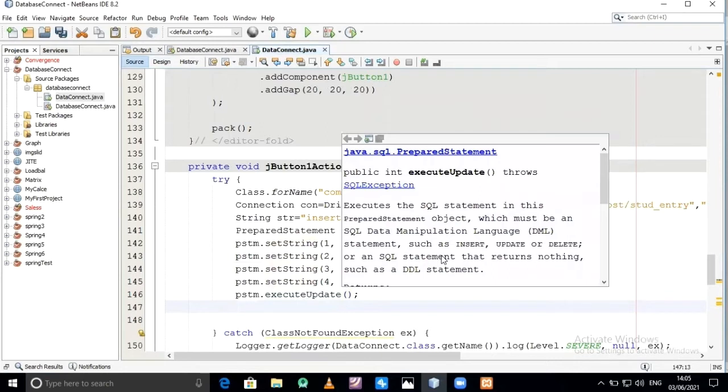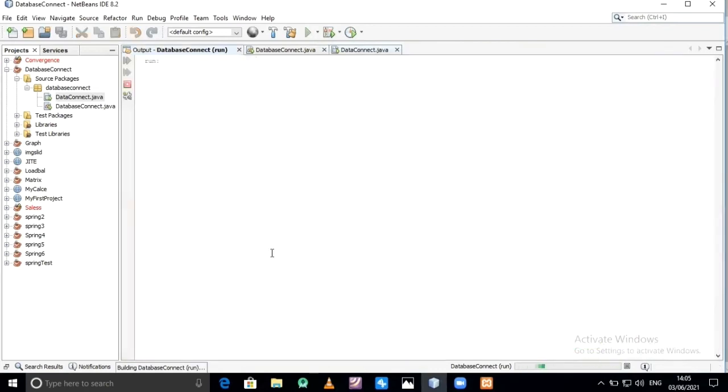So we will see whether our code is running or not. Just click on this run button. It is successful.